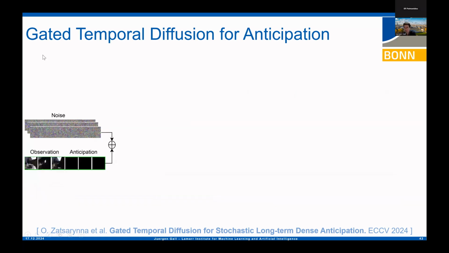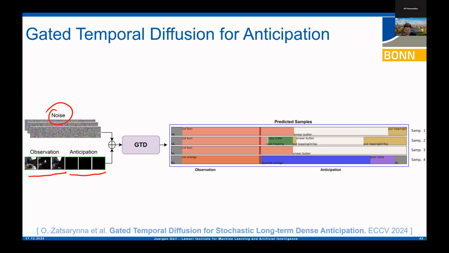So the model, what I mentioned, is again a diffusion model. What we do is we have our observed frames, so that's our input. And for the future frames, what we do is simple zero padding. So we simply add zeros as an input from the beginning. And we also have, like in any diffusion model, some noise. And what the model does is make multiple predictions, both for the observation part, as well as for the future frames, which initially have just been zero.